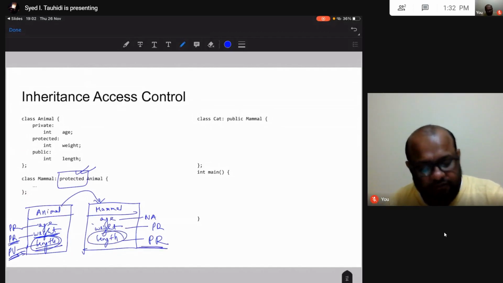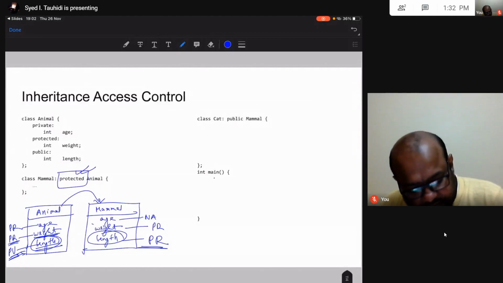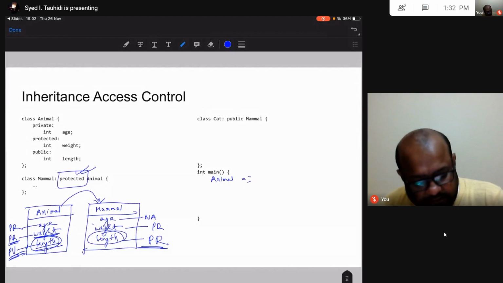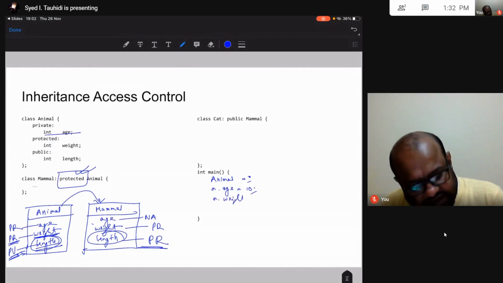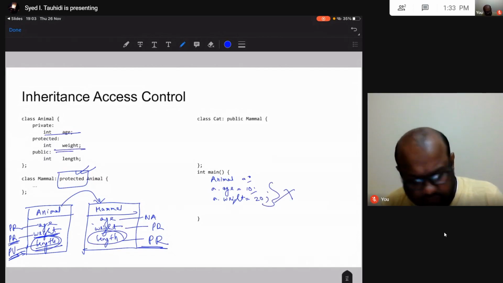So what is the ramification of this thing? Say I have this animal object A in my main, okay, and then I said a dot age. Is this allowed? This is not allowed because age is private. What about a dot weight? Is this allowed? This is not allowed. Okay, weight is protected.